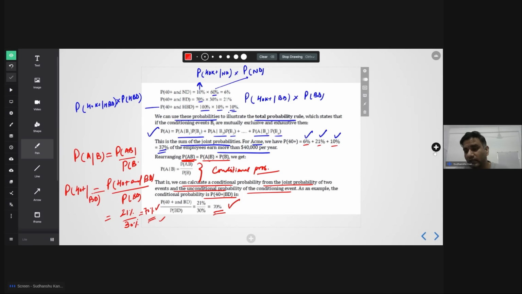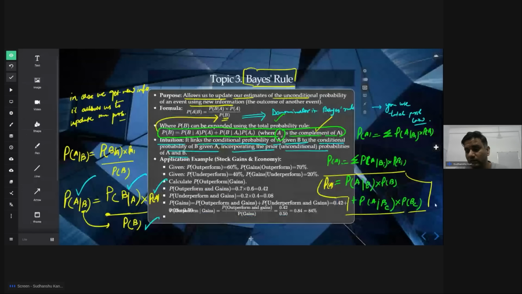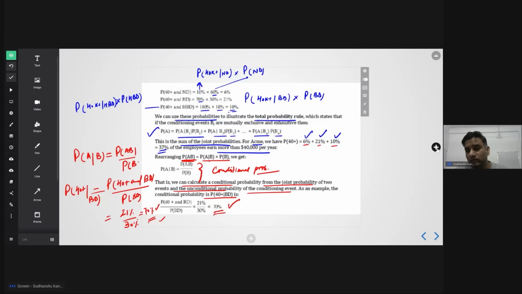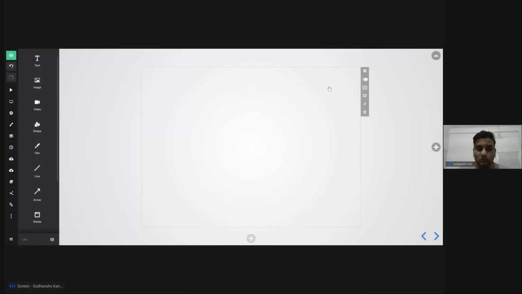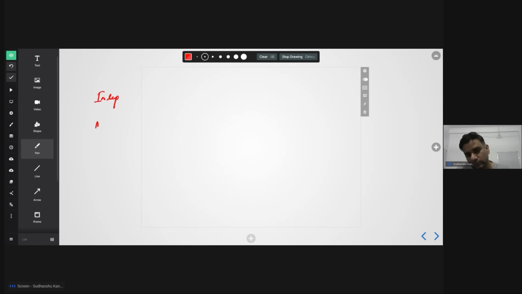So if you want, I can add here a few points before we wrap up this lecture, right? Okay, before we go ahead, right, I can write it down. What is important to understand, right? Since we are almost kind of good, the next Bayes theorem has to be covered in the next lecture. But what I want to tell you here is that you read about your independent events, you read about your mutually exclusive events, you read about your conditional probability, right? Conditional probability, right? You read about your conditionally independent events,